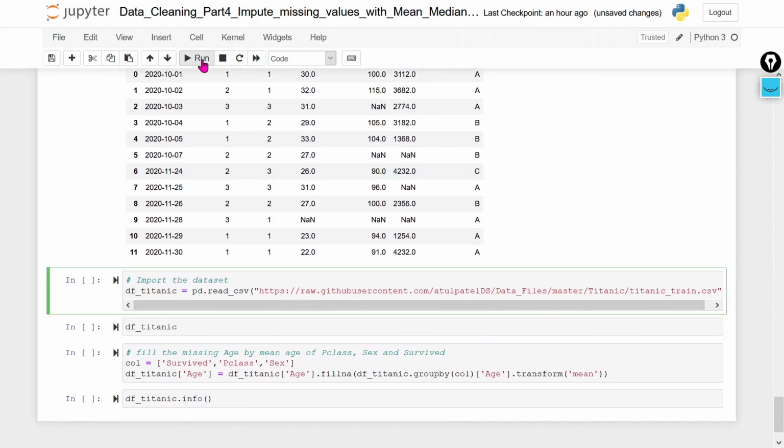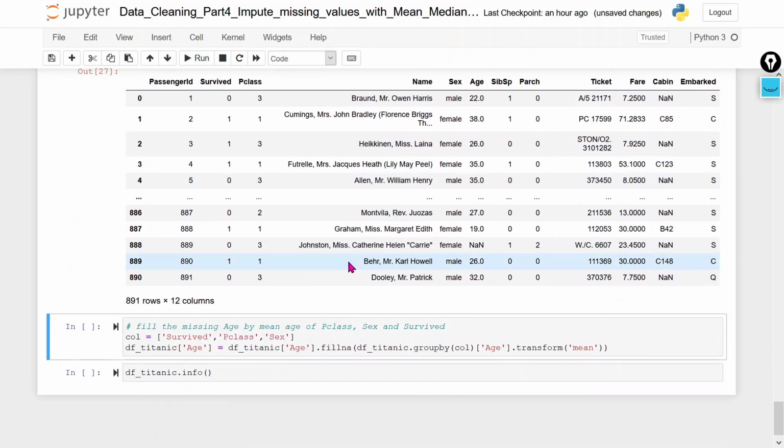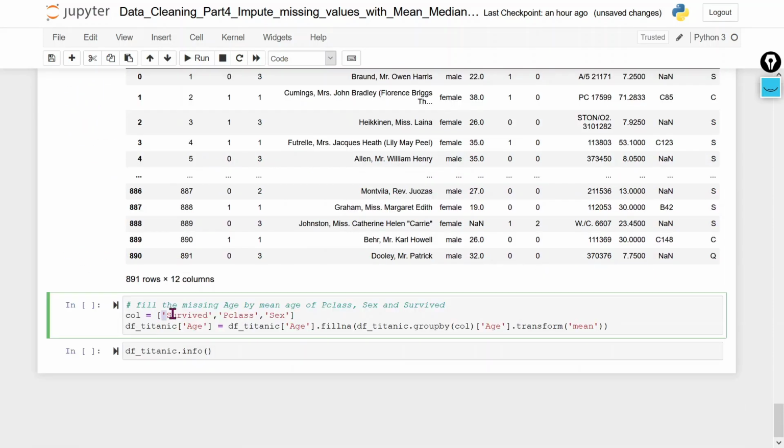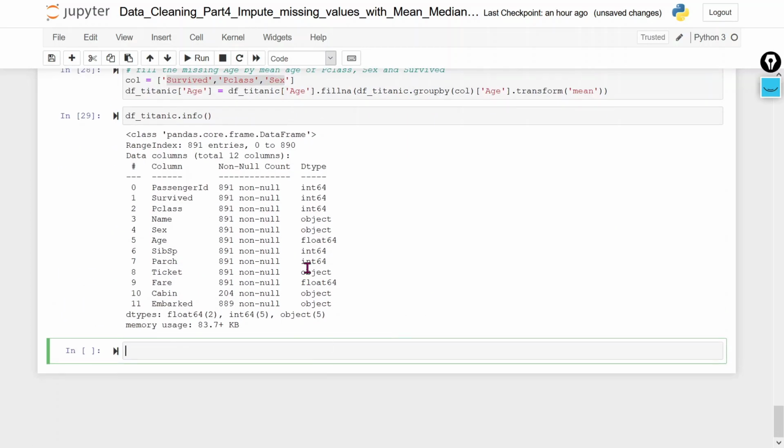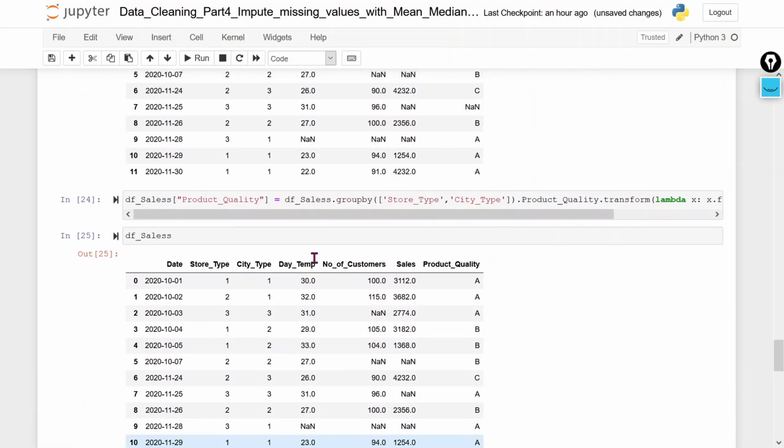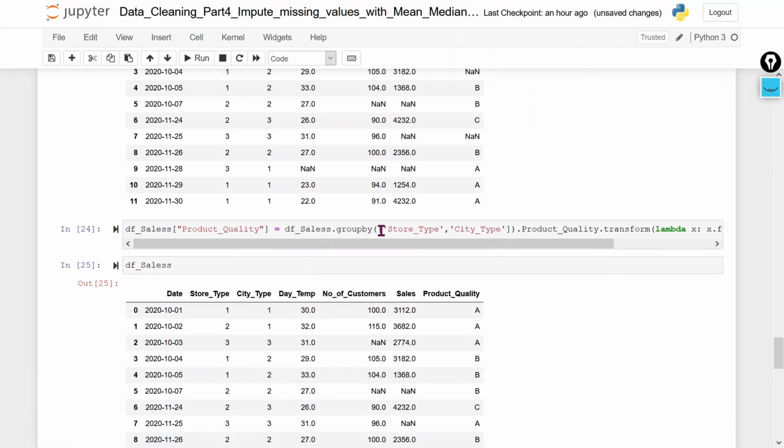Now I am going to use the Titanic data set here. Same thing, I am going to impute this age column with the help of survived, passenger class and sex. First we will group by survived, then passenger class, then sex. Whatever similar values we get, we will take the mean corresponding to those values, and whatever mean value we get, we will impute the null values corresponding to those similar values with the help of that output. You can see that. Now let me explain how we can do this group by with the help of Excel, so that you will be able to understand in a proper way.